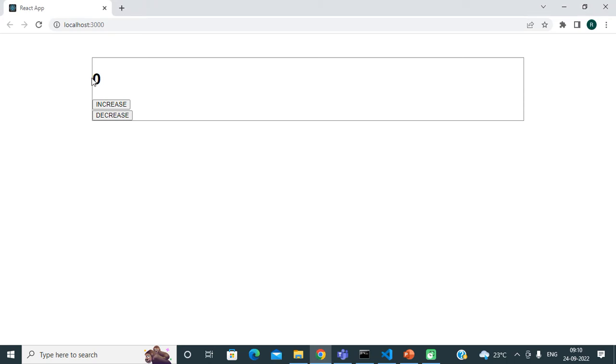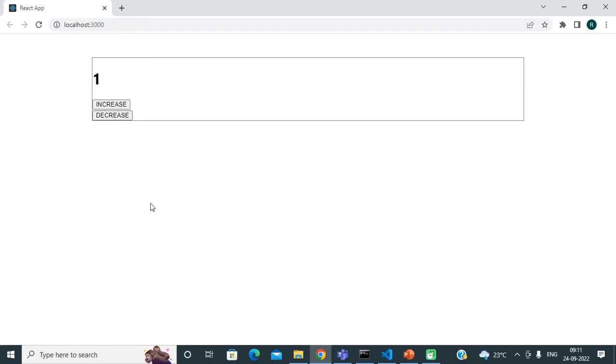Our initial value is actually 0 and we have two buttons, increase and decrease. Let's click on the increase button, which just dispatches the increase action. You can see our value is getting updated to 1, and if we click on the decrease button, it changes back to 0. Now if we click increase the first time 1, second time 2, then 3, 4, 5, and now if we click on decrease, then 4, 3, 2, 1, again on increase 1, on decrease minus.